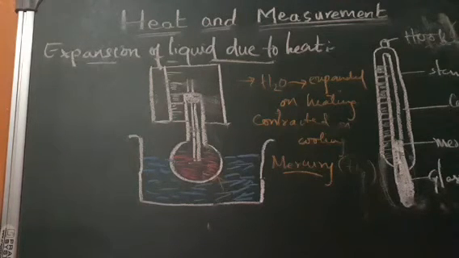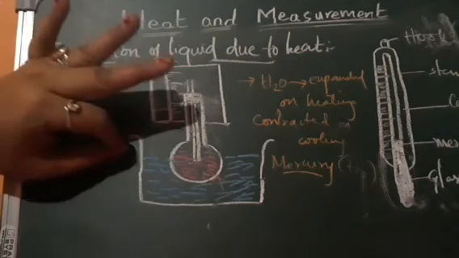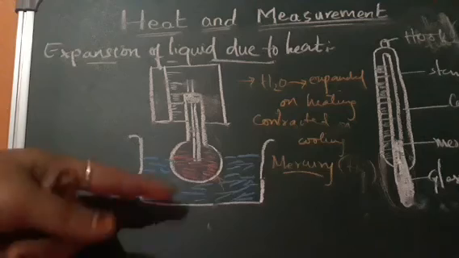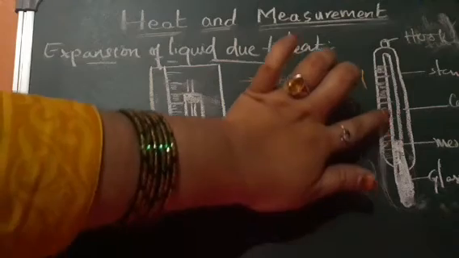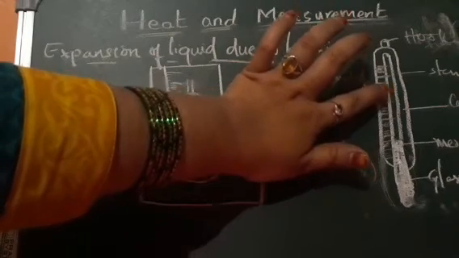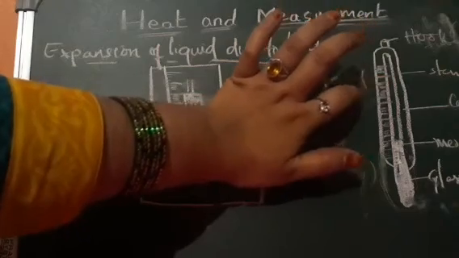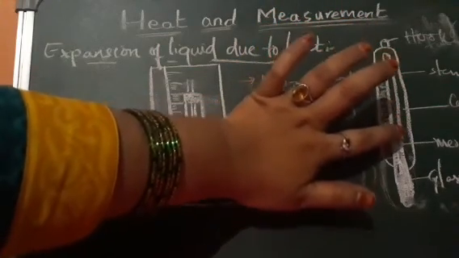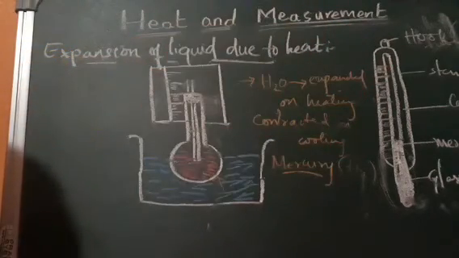Okay, so how are we going to use this thermometer? Simply we are going to allow the thermometer to come in contact with the hot body, and we will see that the temperature is increased. That is, the mercury starts expanding until whatever temperature is there, and then it will stop. After taking it out, we can see that the mercury is expanded to some reading on the scale, and we will mark it as the temperature of that hot body.